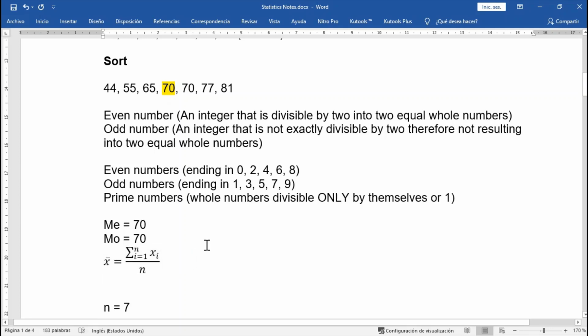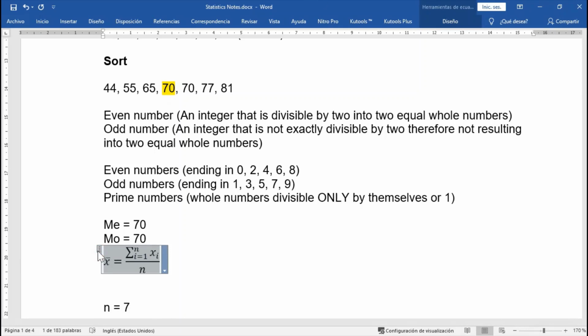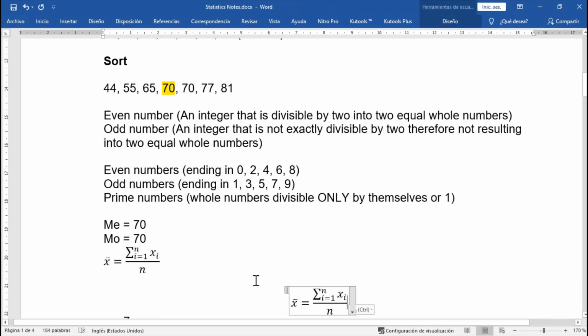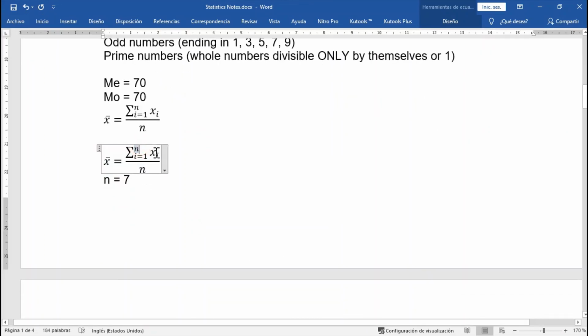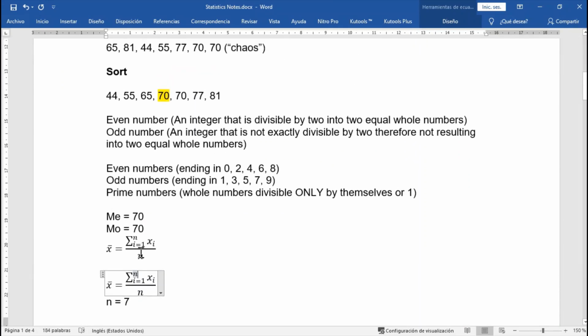So the calculation would be, I'm going to copy this equation expression. Amplify a little bit more, and we have 45 plus 55 plus 65 plus 70 plus 70 plus 77 plus 81 divided by 7 equals